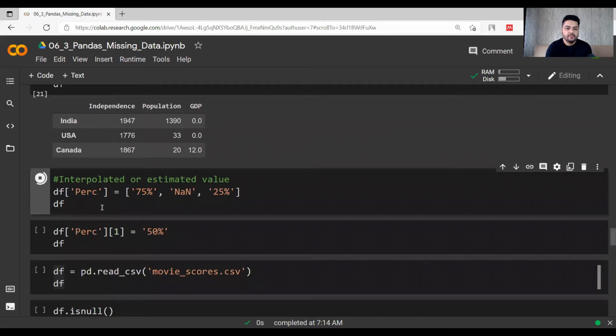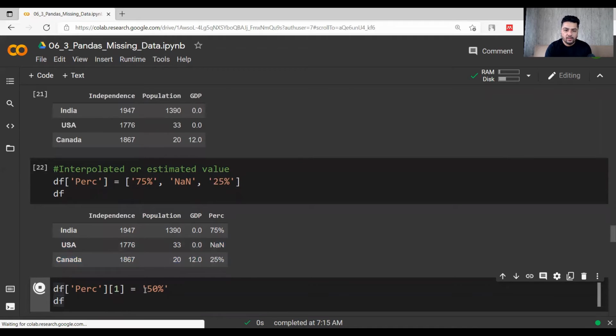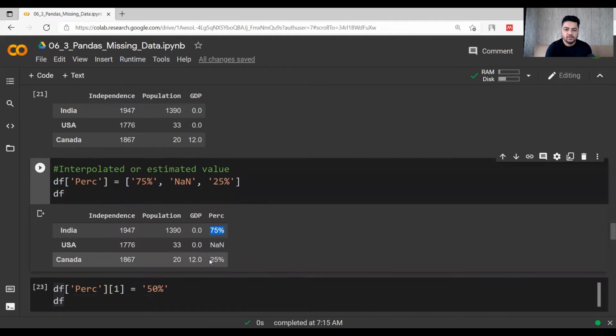Let's say that we have this column of percent in which the second value is NaN. Now if we consider that these are in a sorted manner, and 75 and 25 are the two values at the 0 and 2 locations, so the one location must be at the middle of it, right? So we can manually put the value. I have given this 50%, otherwise you can also do it with the 0 location plus the 2 location divided by 2. But there is an automatic way of doing the interpolation. We will look into it within this video. At the end of it, we will do everything.